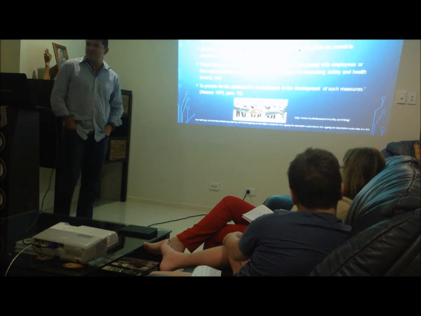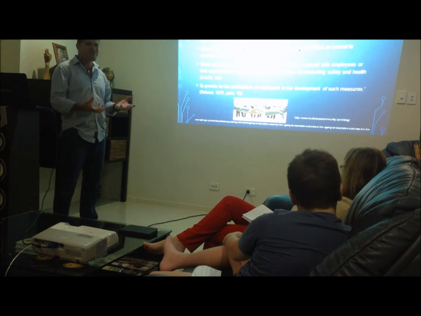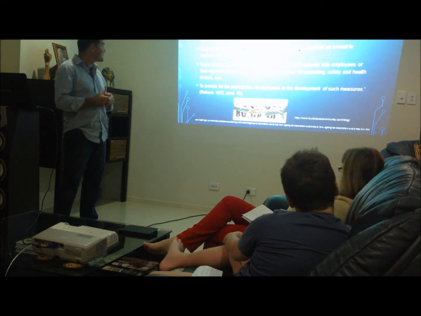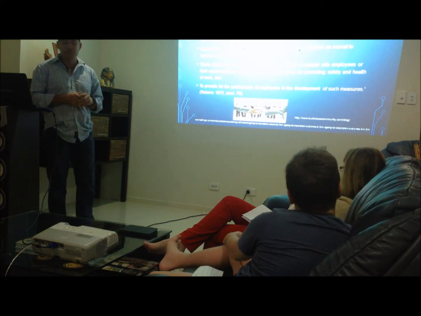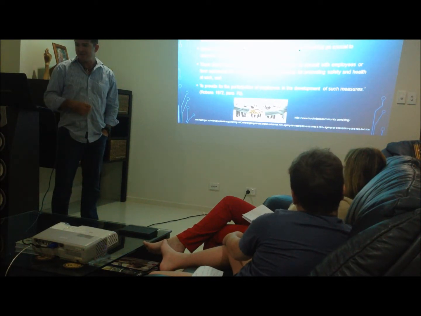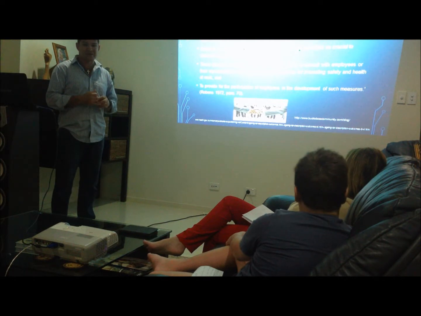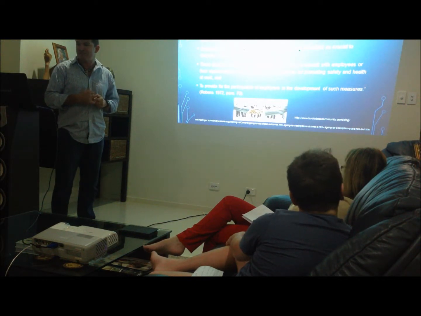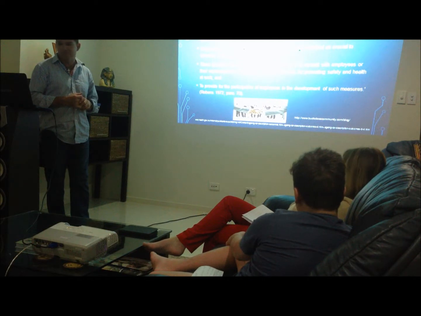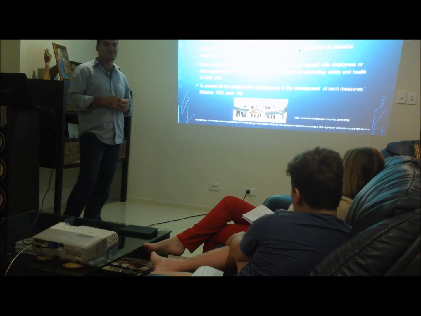So in summary, the Robens Report proposed a system that was less prescriptive and more effectively self-regulating. Cooperation between employers and employees was identified as a crucial success factor of the new law. Specifically, there should be a statutory duty of every employer to consult with employees or their representatives at the workplace on measures for promoting safety and health at work, and to provide for the participation of employees in the development of such measures, as per the Robens Report 1972, paragraph 7.